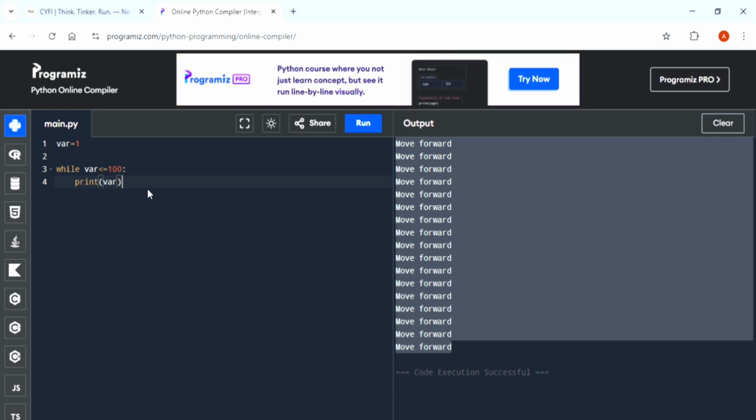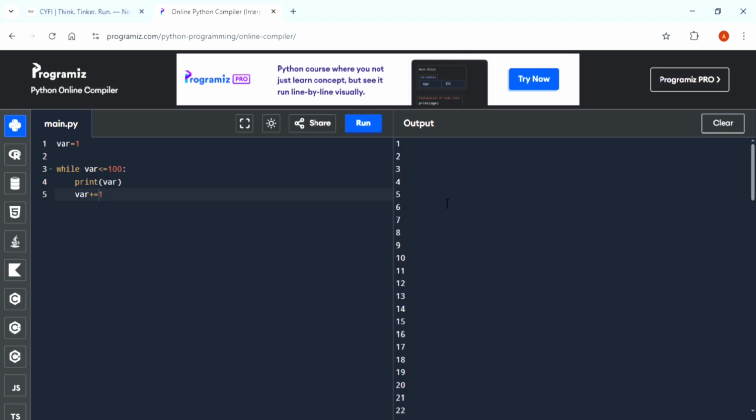Now the program gets executed for infinite time, so we have to stop the infinite execution. We will put var plus equals 1, the incrementing operator. So first time it will be 1, then it will get incremented to 2, then again 2 is less than or equal to 100, then 3, then 4, and it will keep on executing till